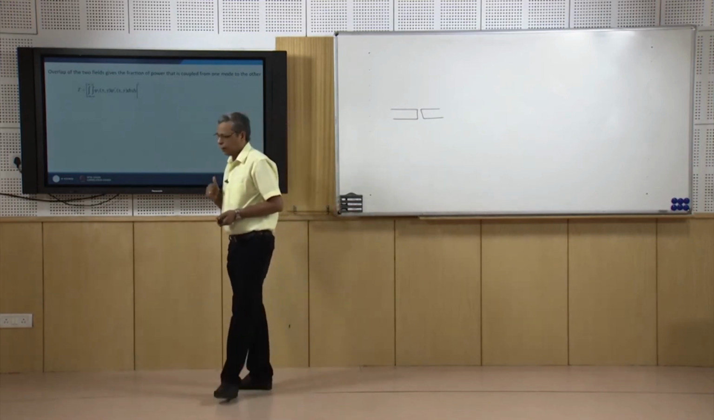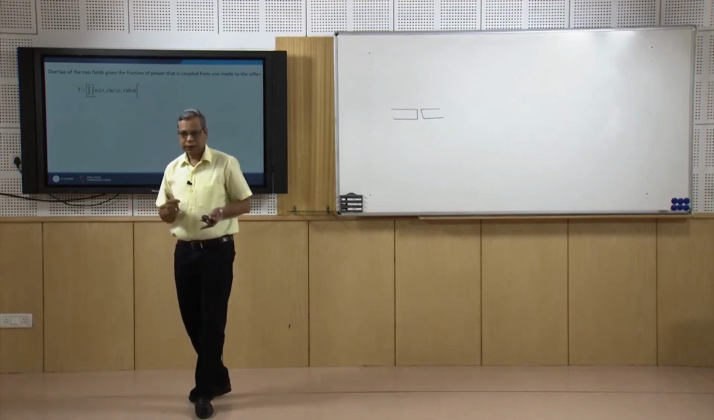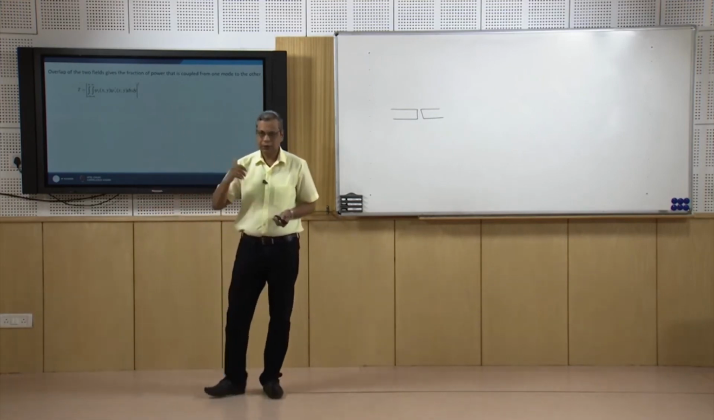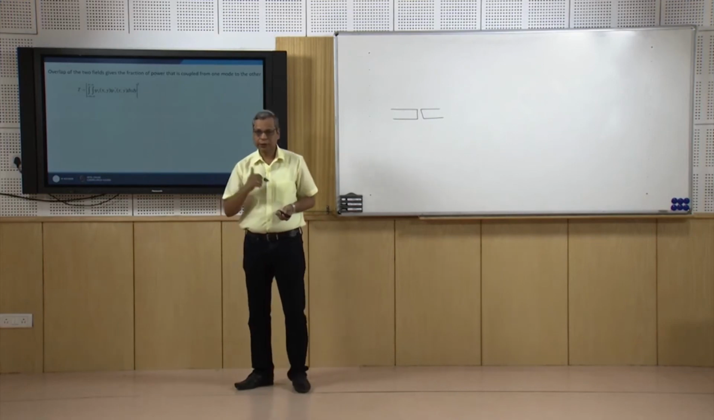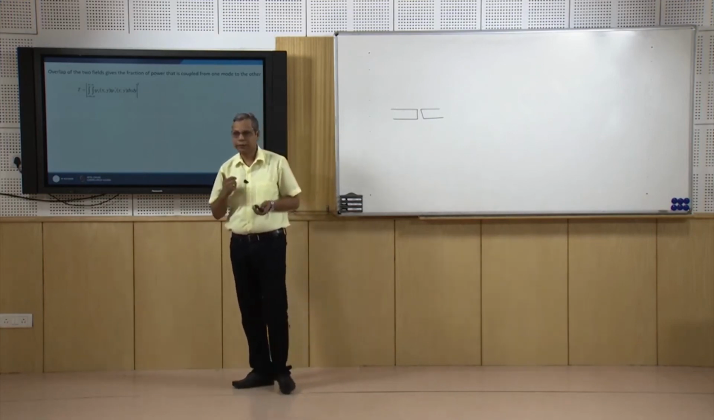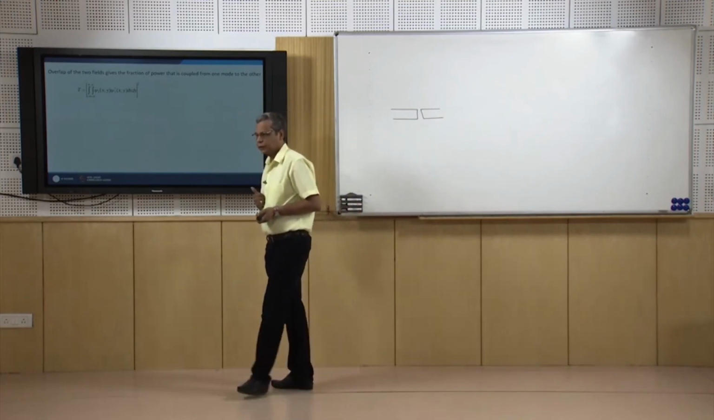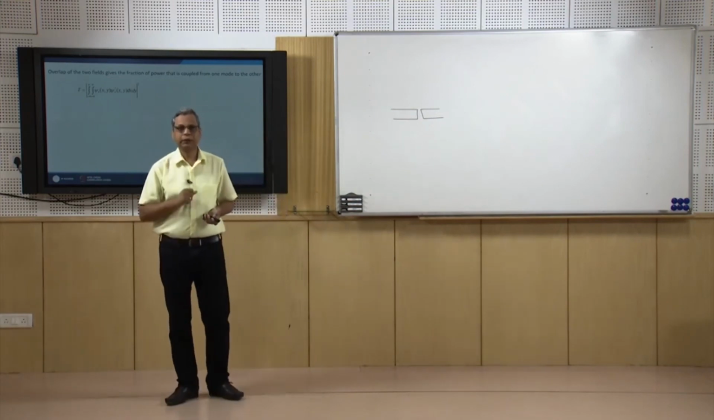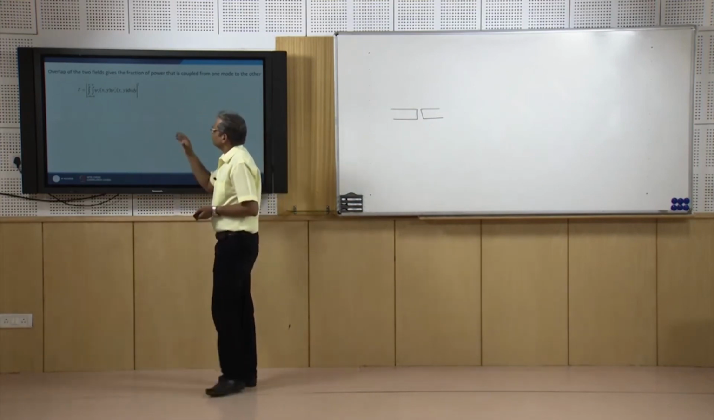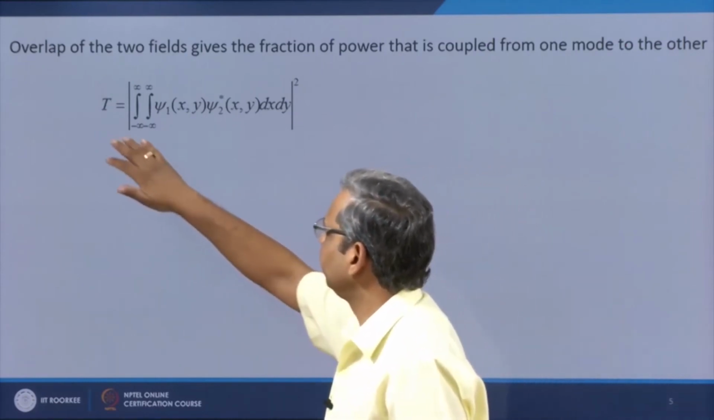Now, how do I calculate loss? Well, calculation of loss is very simple. I have a Gaussian of one fiber and a Gaussian of another fiber, then the overlap between these two fields will give me the loss, or the fraction of power that is coupled from one fiber to another fiber. So, the fraction of power that is coupled from one fiber to another fiber would be given by T is equal to